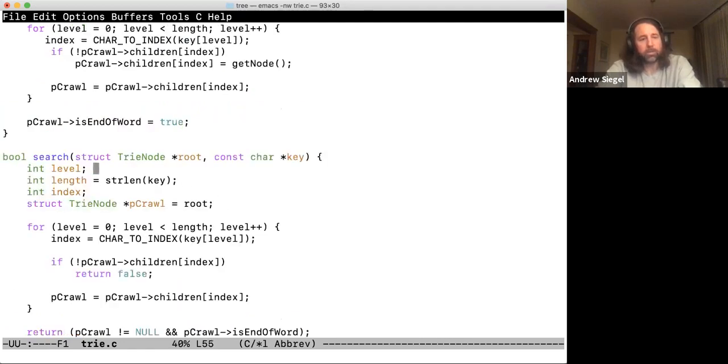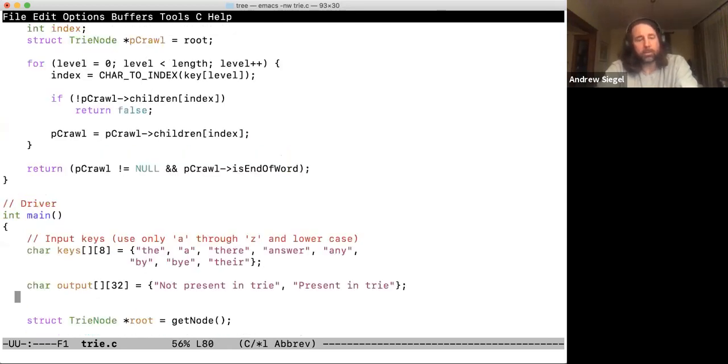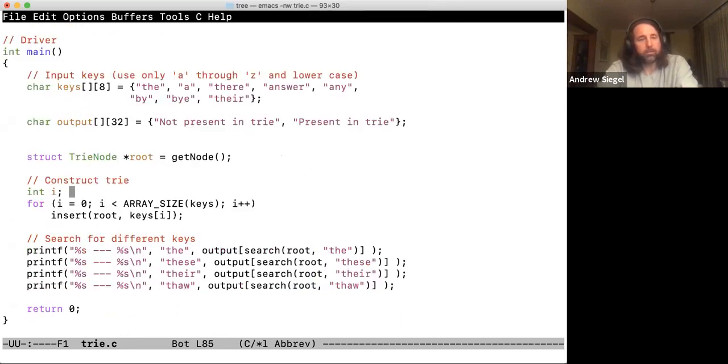And then when you search, you do the same thing. You get the length of the key, and then you start descending into the tree. And if you don't find something, you return false. Okay, if you hit null children before the end of the word, it's false. Otherwise, you keep going, and finally, as long as you have found it and you have an end of word marker, then it's true. And that's it. That's exactly what I showed you in very simple C code, very elegant. And there's a simple little driver that shows the process of inserting some words and then searching for them and